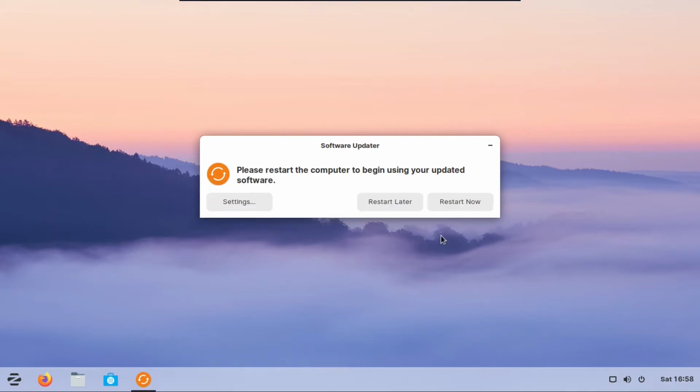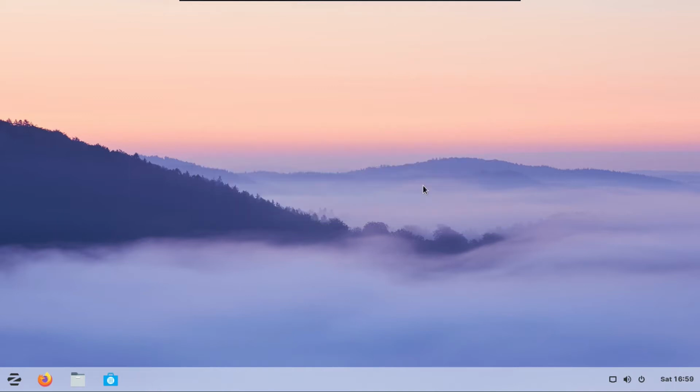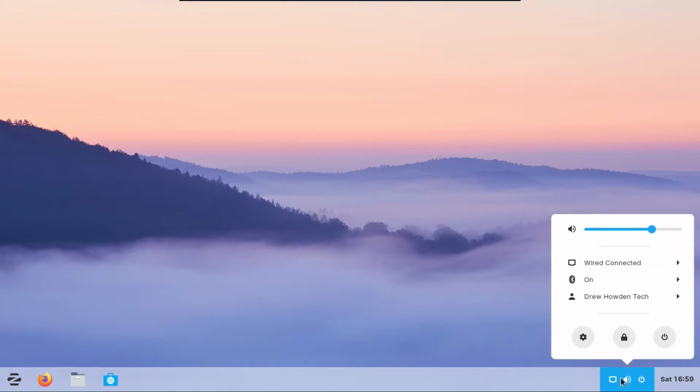Alright, and since we have to restart the system to apply our updates, we're going to do that right now. Alright, now that the system's rebooted, let's go digging around the rest of the OS, starting off with the Settings